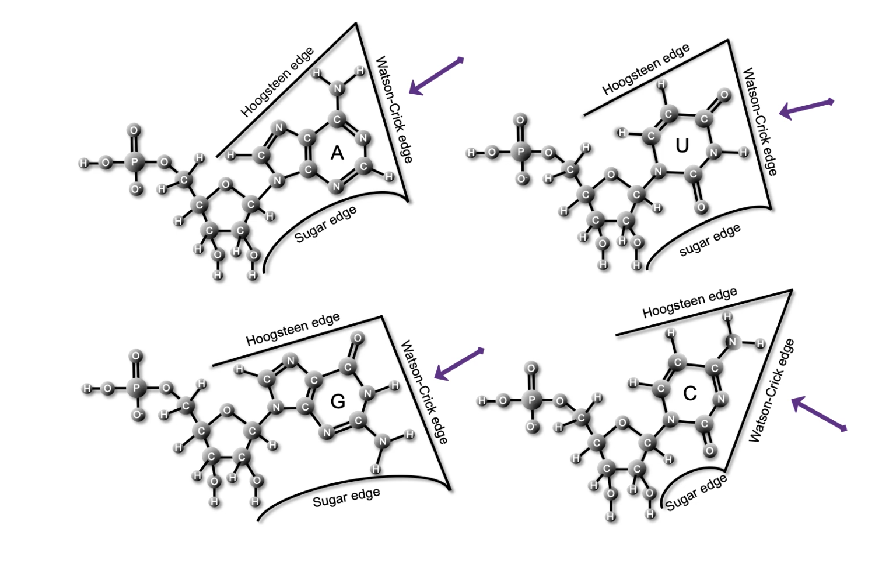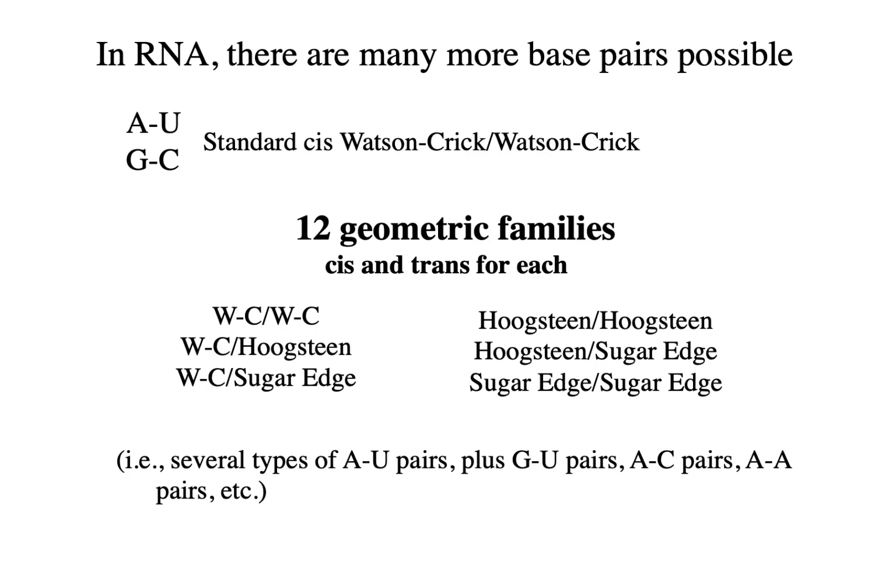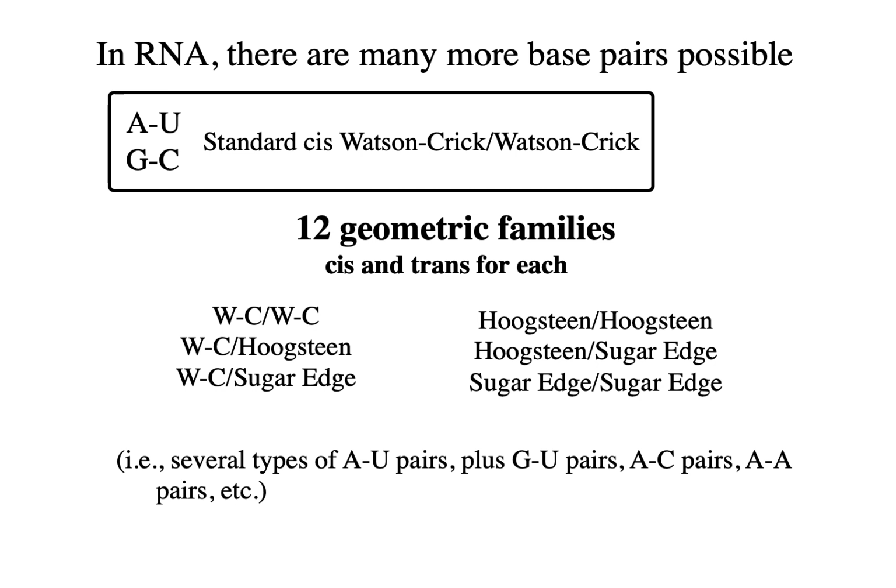In RNA, you have 3 possible edges: the Watson-Crick edge, a Hoogsteen edge up here on another part of that base where you have possible base pairing, and then the sugar edge down here where you have possible base pairing with other nucleotides. So instead of essentially one geometric family in DNA, DNAs are joined together in a standard cis Watson-Crick manner that is cis with regard to what side of the molecule the sugar group is attaching to the